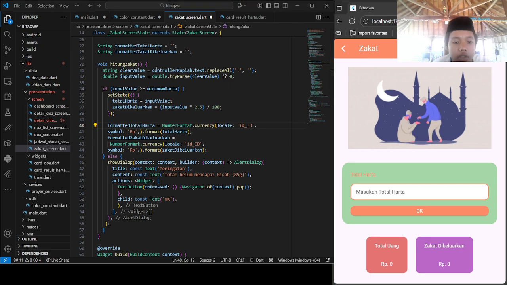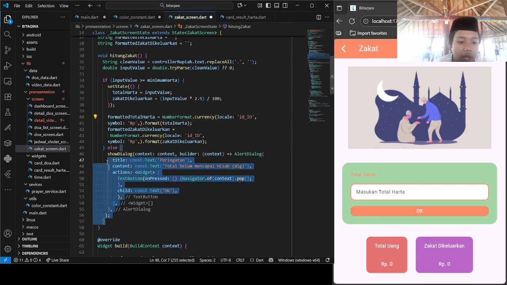And then there is show dialog. So what is this show dialog? Show dialog context, alert dialog. This is the logic again. If the total harta is not yet enough for the wajib zakat or nisab, it will show a warning message. What message?